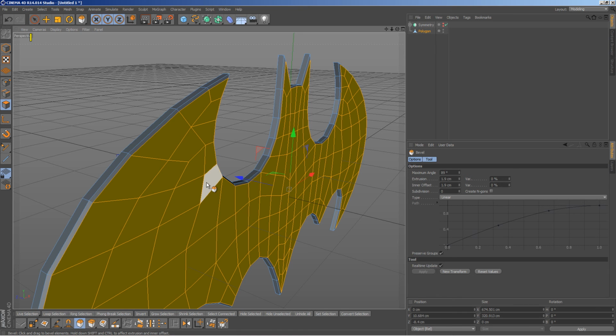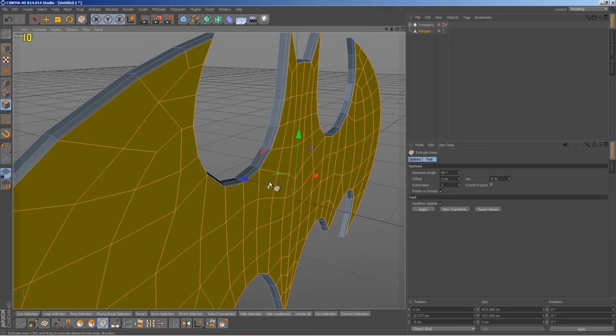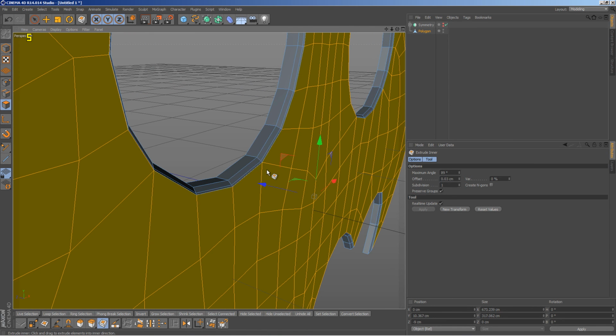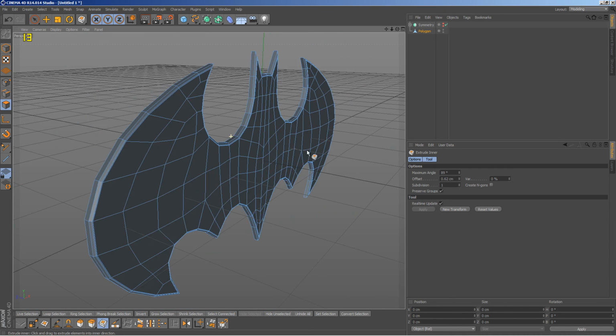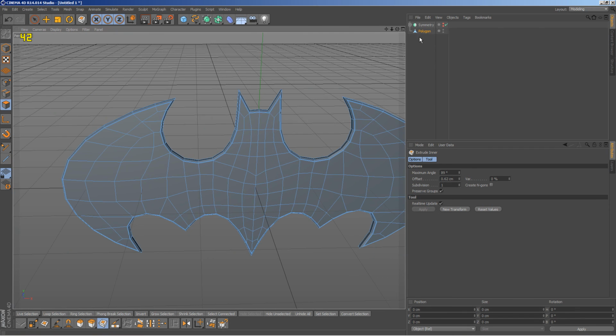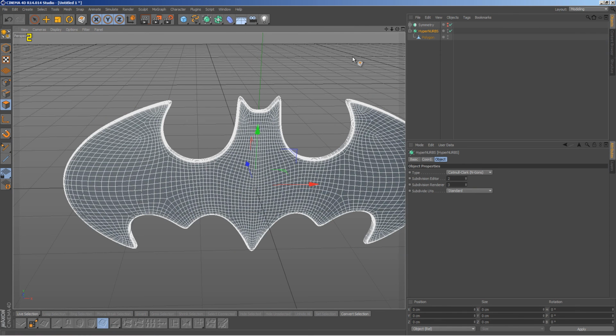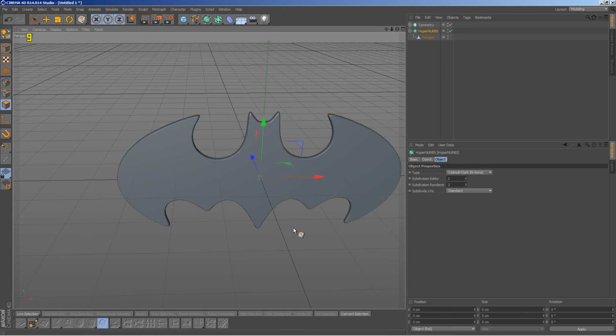And then you want to bevel it again slightly, and then right click and go to extrude inner, and extrude this inwards slightly, and that's going to give you that hard edge, and that really helps when subdividing this. So we're going to add a hypernurbs on here, and you can see from the look it looks